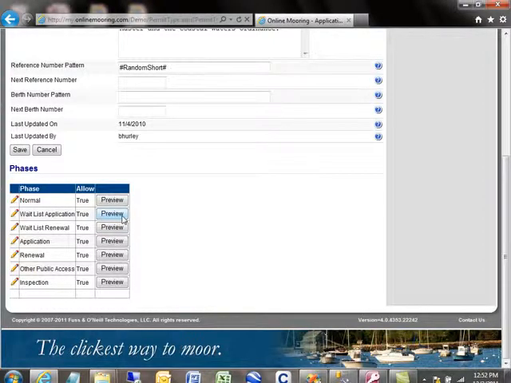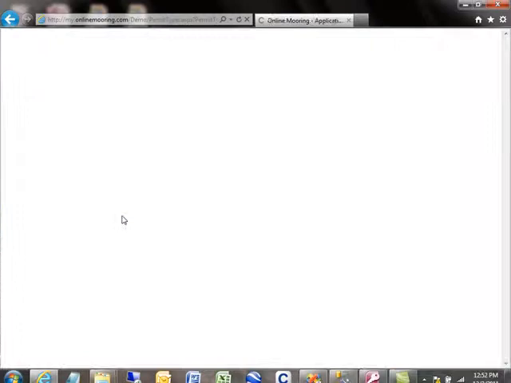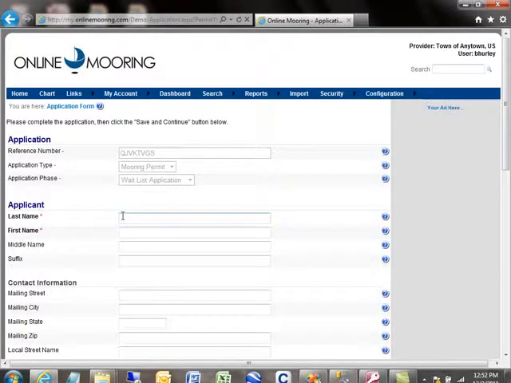Let's take a look at the waitlist application, for example. By clicking the preview button, this will bring up a page that shows the complete application as it will appear to the applicant. So what you'll see here is